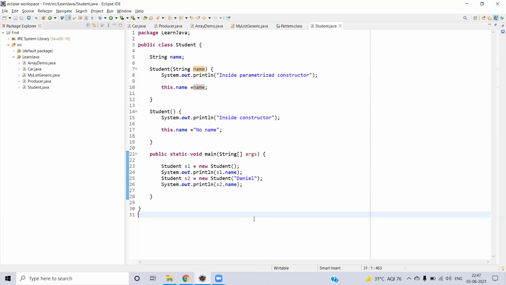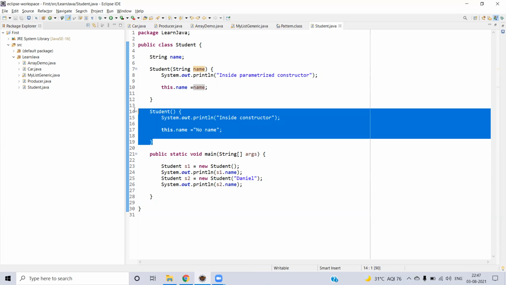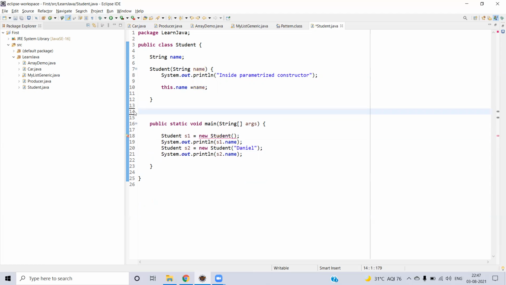Or let's say if you want to have only one type of constructor, you can make sure that whatever arguments have to be set for every object are given at the constructor level. For example, if you remove this one, you are making sure that for whatever objects you create for the student, the user definitely has to provide the name upfront. Otherwise, you cannot proceed with object creation. So this way we can make sure that every object will have a name, and that will be given by the user.